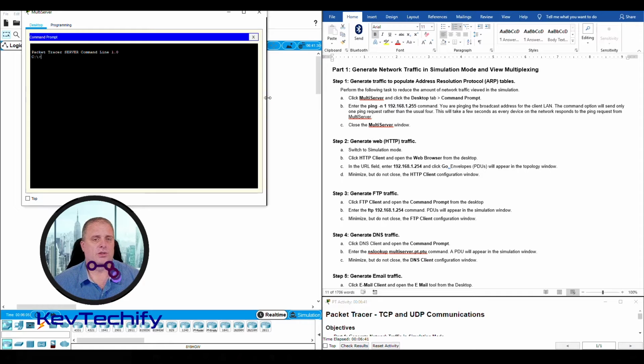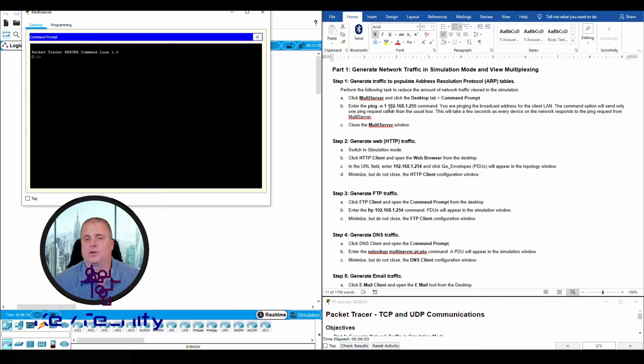I don't know if you saw it, but I did make this window a little bit wider going left to right. That's just something I naturally do because the text lays out a little bit better in that window. Enter ping -n 1 192.168.1.255. Now this is our normal ping command. So we can type in ping, and then they're having us enter in an option, -n, the minus sign n, and then the number 1. What that's going to do is just send out one ping. The normal ping by default sends out 4 pings. We're just going to have it send out one ping. That's what the -n and then the space and then the number is, how many pings you want to send out. And then we're going to ping